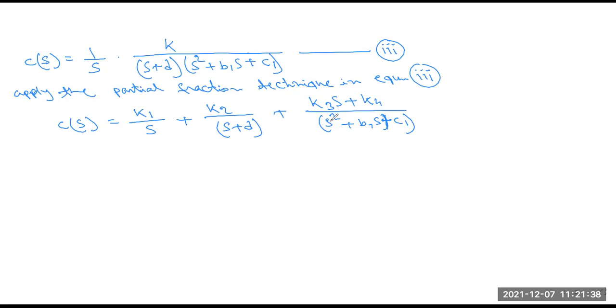We write this equation because we know the partial fraction technique from before, when we considered the first order and second order control systems under different conditions, that is the unit step response, unit ramp response and unit impulse response. We have to apply the partial fraction technique rules, so different partial fraction techniques have to be applied in this equation.